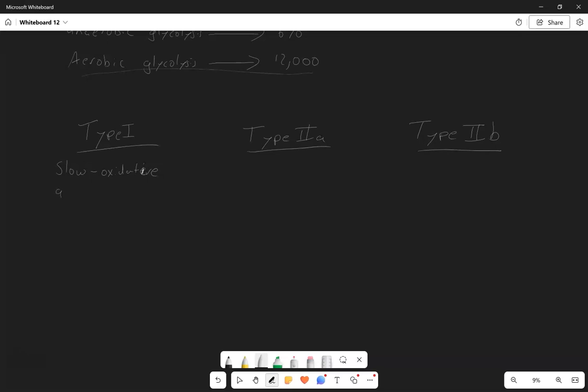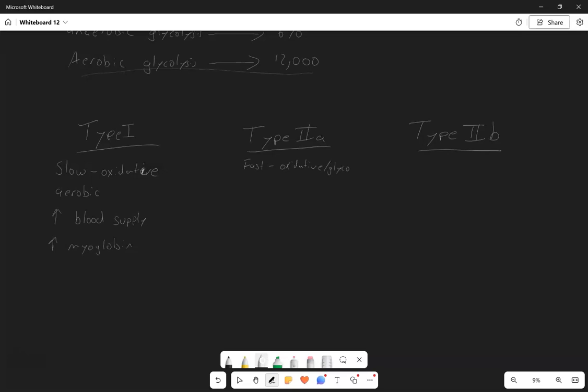They are going to be aerobic in nature, and so they're going to have an increased blood supply, lots of capillaries. They're also going to have a high amount of myoglobin, so lots of oxygen stores inside of the muscle itself. Your type 2 are what we call fast twitch, fast oxidative